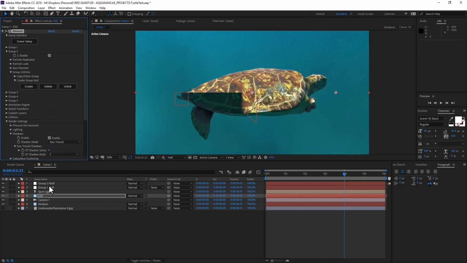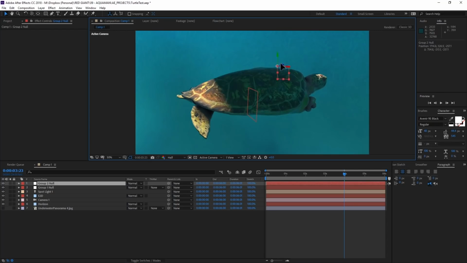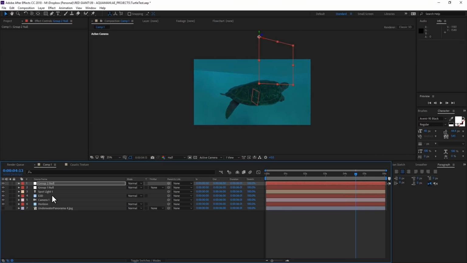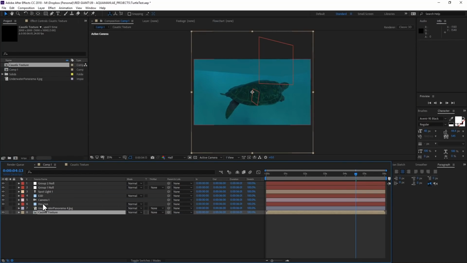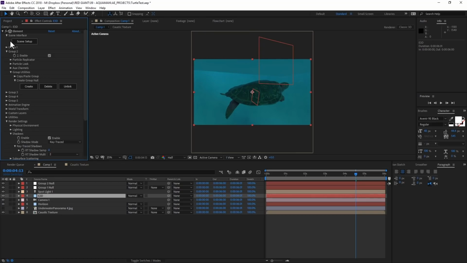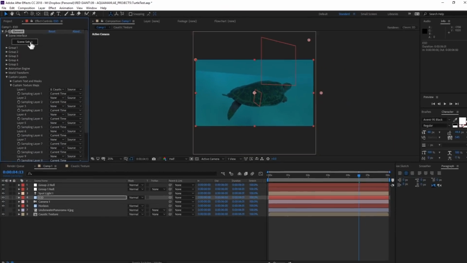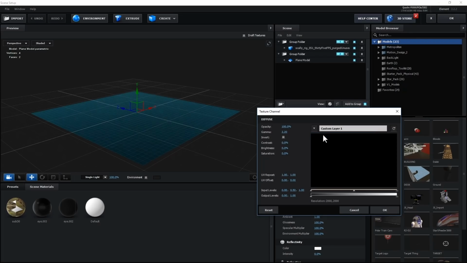Let me create a null for group 2 so I can manipulate it. And now you can see how interactively you can play with shadows. Now this needs to be just above him like a water surface, and bigger. Now I'll import my caustic texture and move it down to the bottom of the layer stack. I'll go back to my effect controls for Element, and then down under Custom Texture Maps, I can assign this layer. I'll jump into the Scene Setup window where I can modify my plane's texture by selecting the custom layer